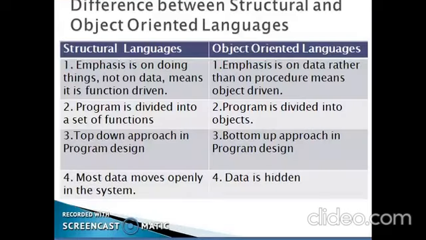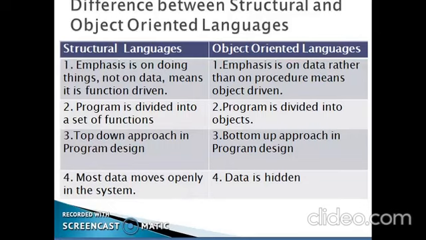The next difference is that a structural programming language is mostly unsecure, whereas an object-oriented programming language is secure. Why do I say this? It's because the data in a structural programming language is open for all. The local variables which you declare in a function and the global variables which you declare outside the function are all visible to the end users. There is no way to hide this data from the users.